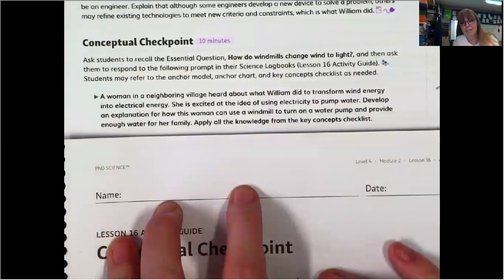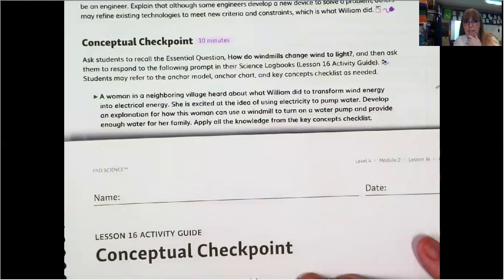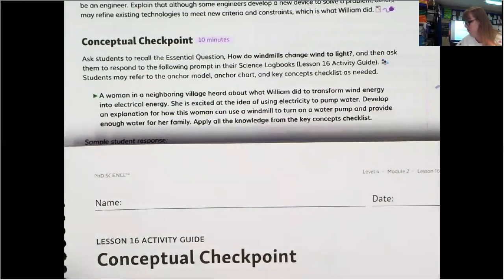Okay. So yesterday we looked at how windmills change wind to light. And what we came up with is what's right here on our board. We said the windmill system,